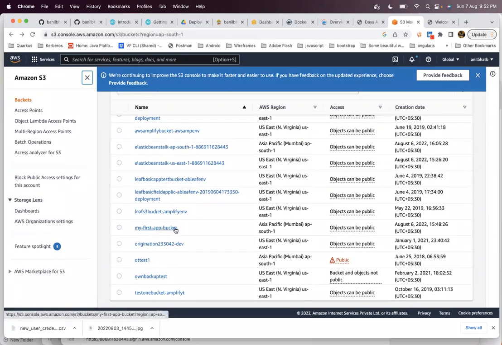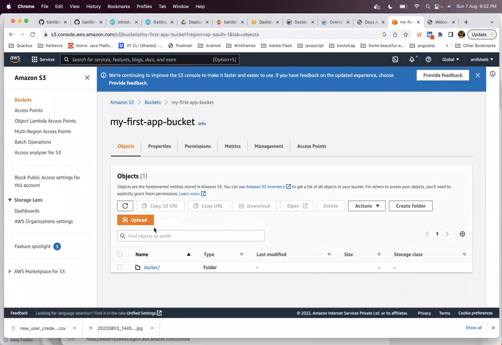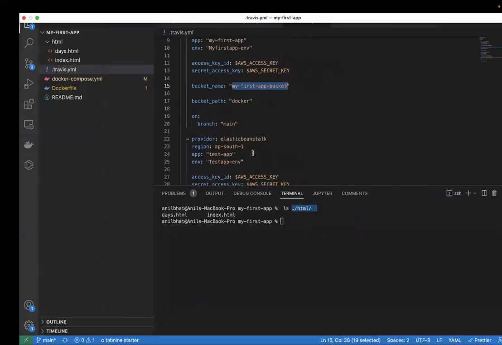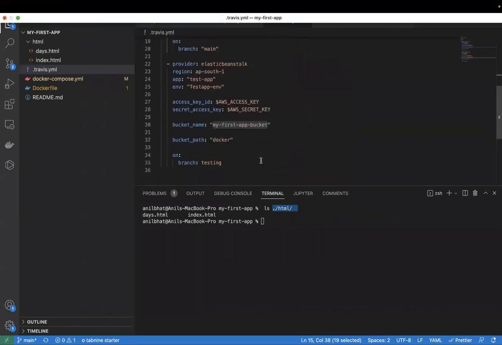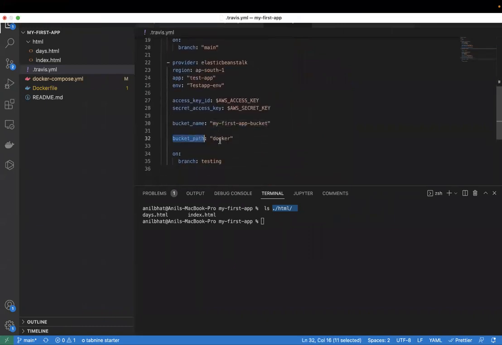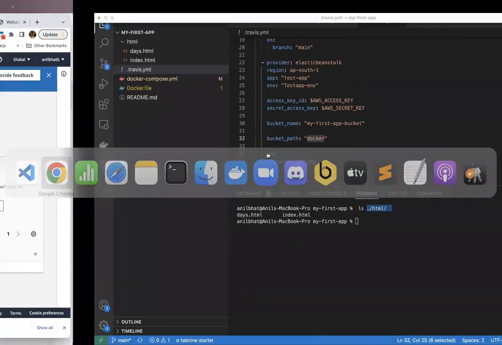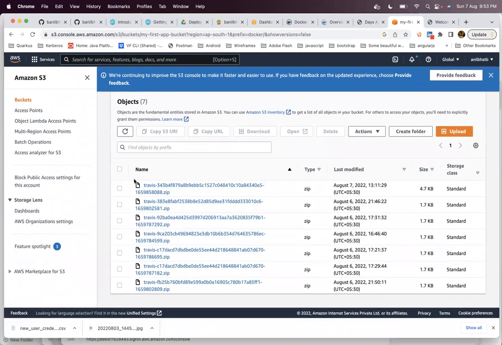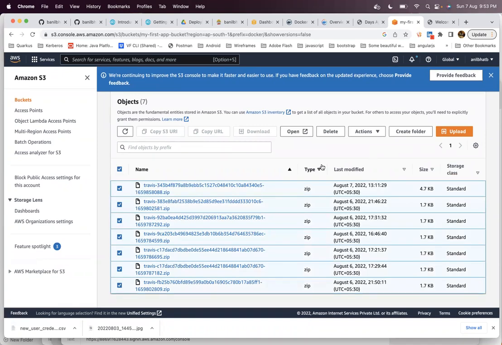Now I will use this bucket. Inside this bucket, I want a folder called Docker, because in the travis.yml, I already have used the bucket path. The bucket path, I'm saying that I will use the path called Docker. So I am creating a folder called Docker. Inside this Docker, I will be having all the builds, right? So these are all the builds that I'm going to have. Let me delete it for now.